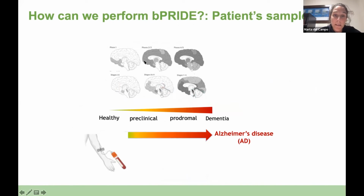Actually, if you can see here in this image, the disease has different phases. Here is the first phase, the medium phase, and the late stage of the disease. And you can see that this corresponds a little bit with the clinical syndrome. So we have a preclinical phase in which pathology is already taking place, a prodromal phase, and then a dementia stage. And actually, we got samples from Alzheimer's patients covering all this workflow, all these